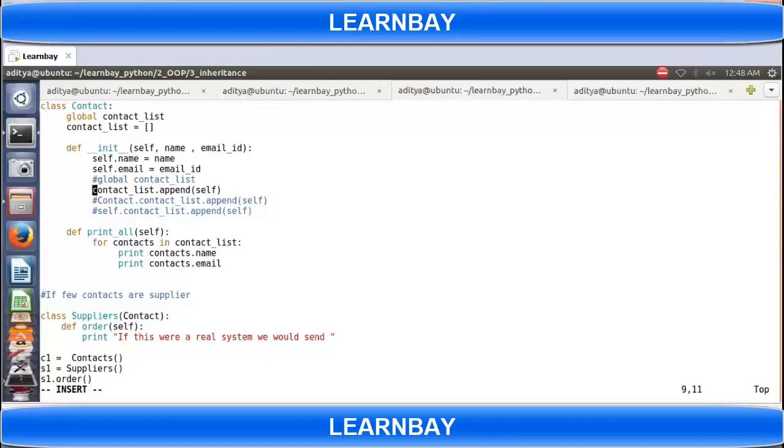So the second line, global contact list. Without that also it will work, but that is the best practice. Take it as an assignment, figure out the difference when we write global contact list, versus when I comment out the global line and write it the other way.